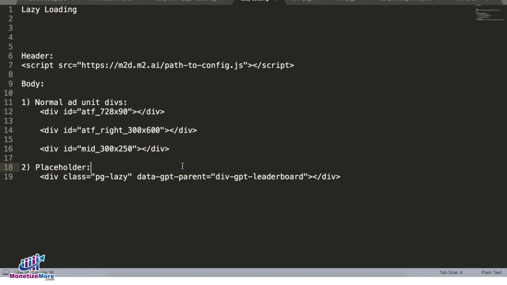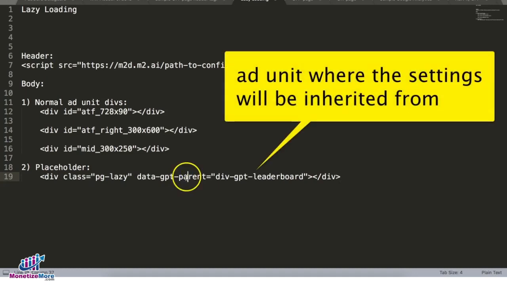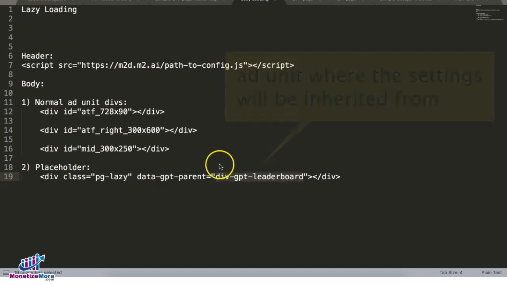So what will happen now is that further down the page, below the fold, we're going to place this div class placeholder, which is PG Lazy, but we will also have to specify the div where the settings will be inherited from. So let's say, for example, you want this next BTF, below the fold unit, to inherit the settings from your ATF 728 by 90,